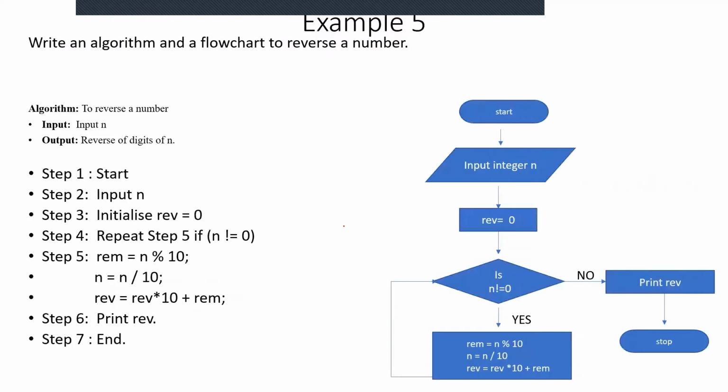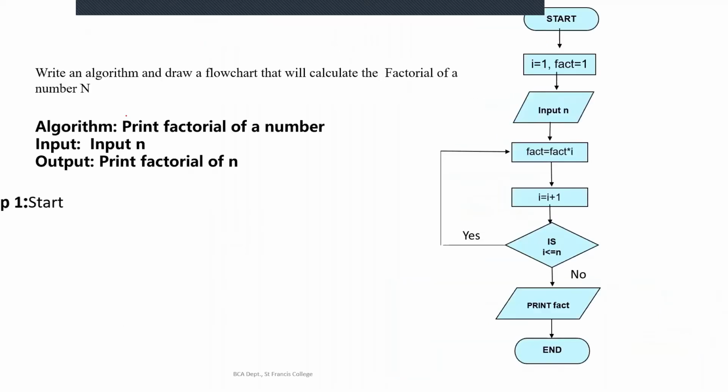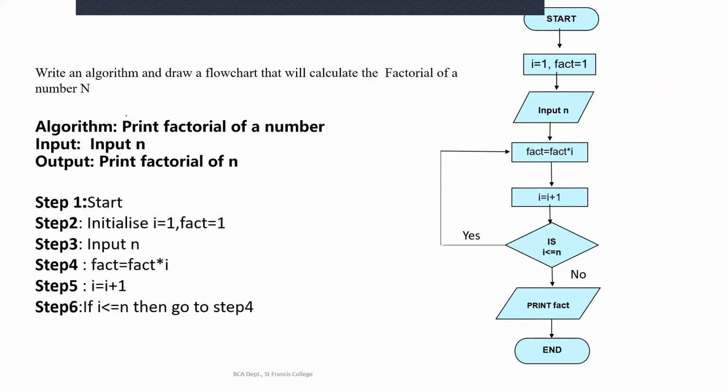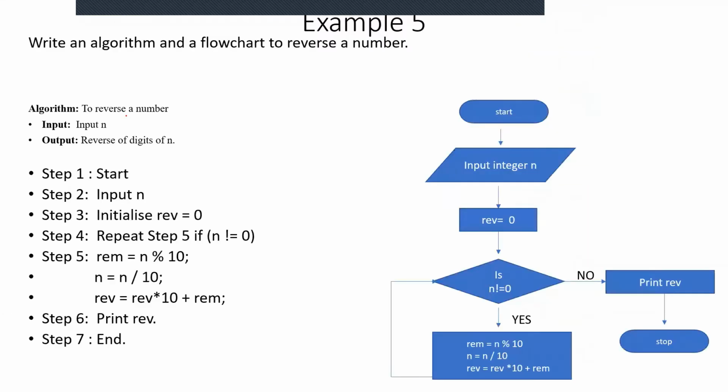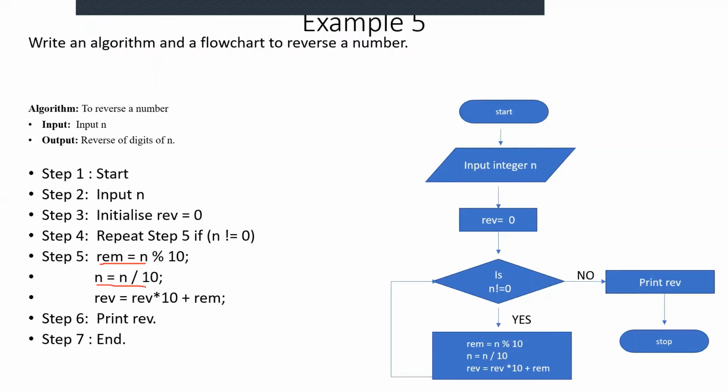If you want to revise, I will just show you what that small program was. If you remember, we had executed the algorithm to find the reverse of a number. And afterwards, we had seen the algorithm to find the factorial of a number. I'll just brush up and then move towards the program. In order to find the reverse of a number, only 3 steps are there. First, we'll be finding the remainder. Then we will be dividing it by 10. Then we will be adding it into a variable called reverse, right?